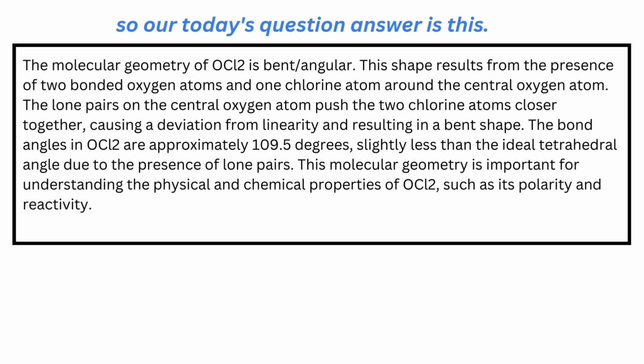The lone pairs on the central oxygen atom push the two chlorine atoms closer together, causing a deviation from linearity and resulting in a bent shape. The bond angles in OCl2 are approximately 109.5 degrees, slightly less than the ideal tetrahedral angle due to the presence of lone pairs. This molecular geometry is important for understanding the physical and chemical properties of OCl2, such as